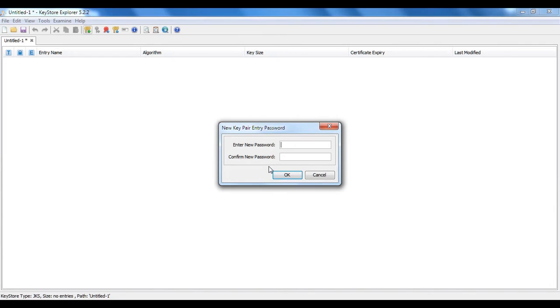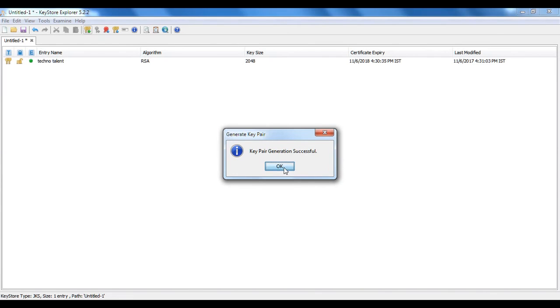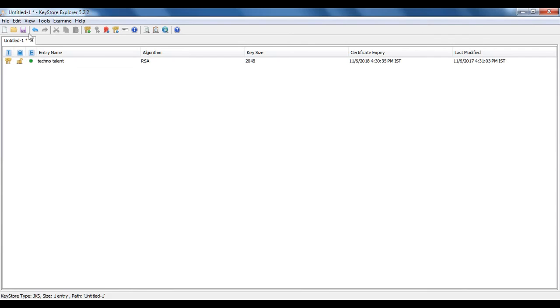Here it is asking for a password. This password is for the key store. To open a key store you need a password. This is that password. Let's enter that password. The key pair is successfully generated. Let me save this.